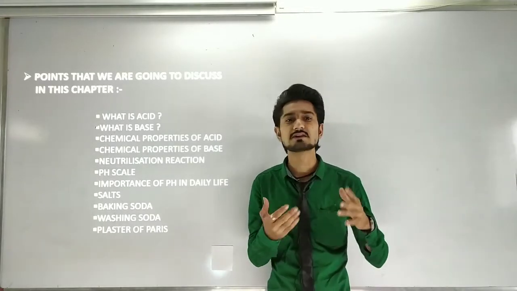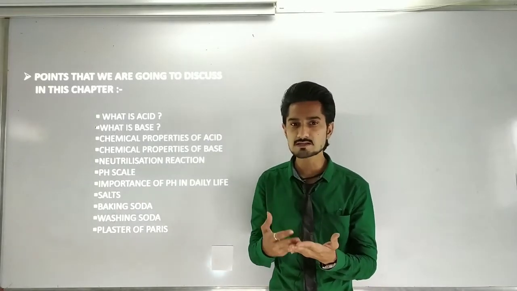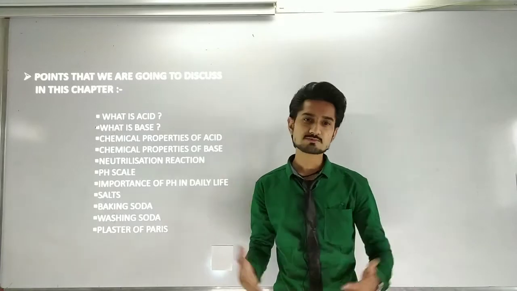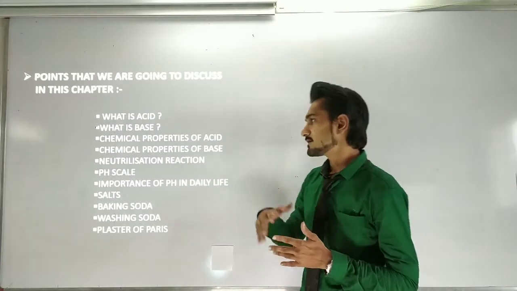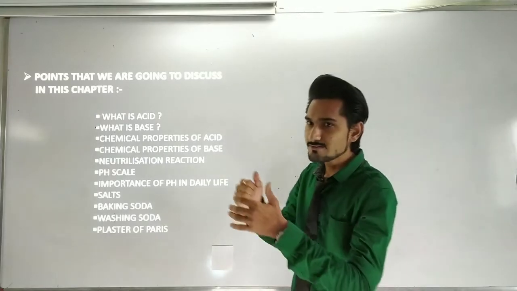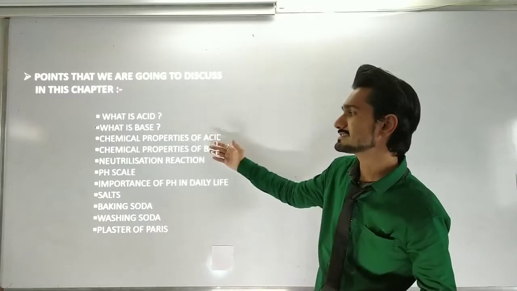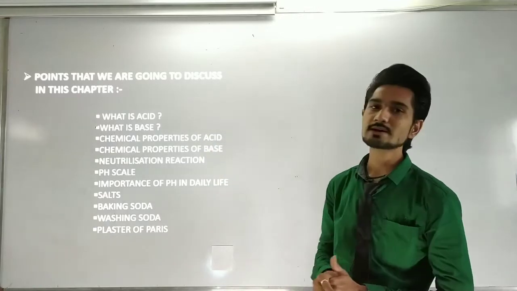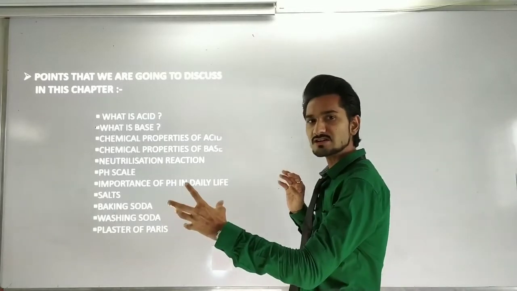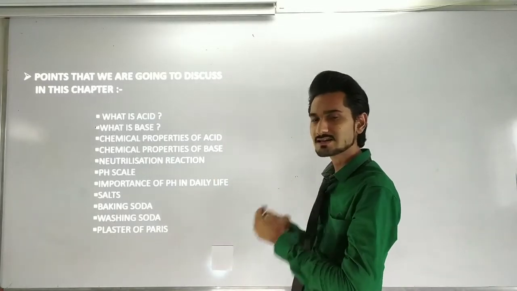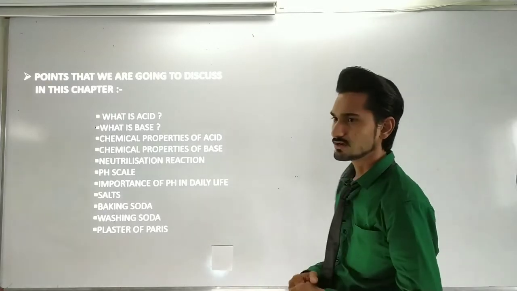That is the decomposition reaction, combination reaction, displacement reaction, double displacement reaction. These are the types of reaction that we have already seen in the earlier chapter. So in this chapter we are going to see what happens when acid and base react; it is called a neutralization reaction. Okay, so it is the name of the procedure when an acid and base react with each other. The basic name for that is a neutralization reaction.